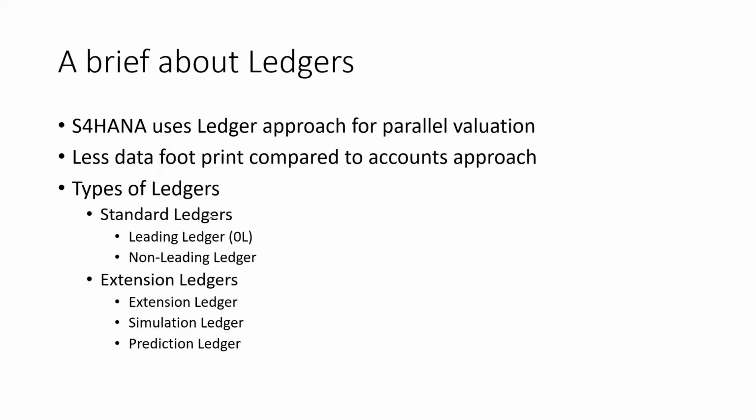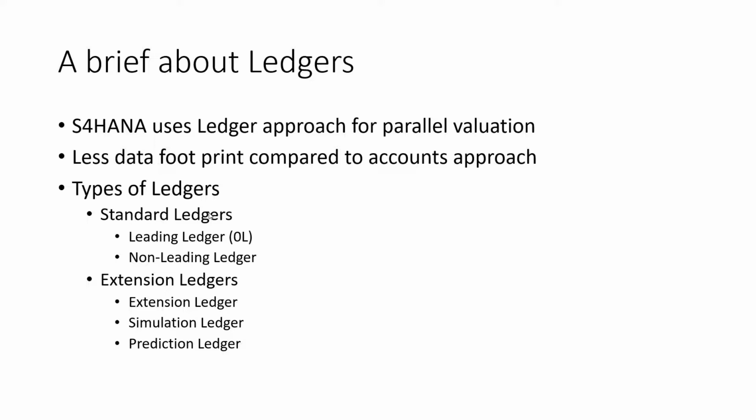While doing a foreign currency valuation, if we check the simulation run button and provide a simulation ledger on that screen, then whatever values are shown on the screen will be stored onto this extension ledger. So you can store the data onto a simulation ledger and the management can have a look at the foreign currency valuation postings, and accordingly they can take some decisions. And whenever you are fine with the foreign currency valuation, then you can do an update run which will post the values onto the leading ledgers. So this is the purpose of a simulation ledger.